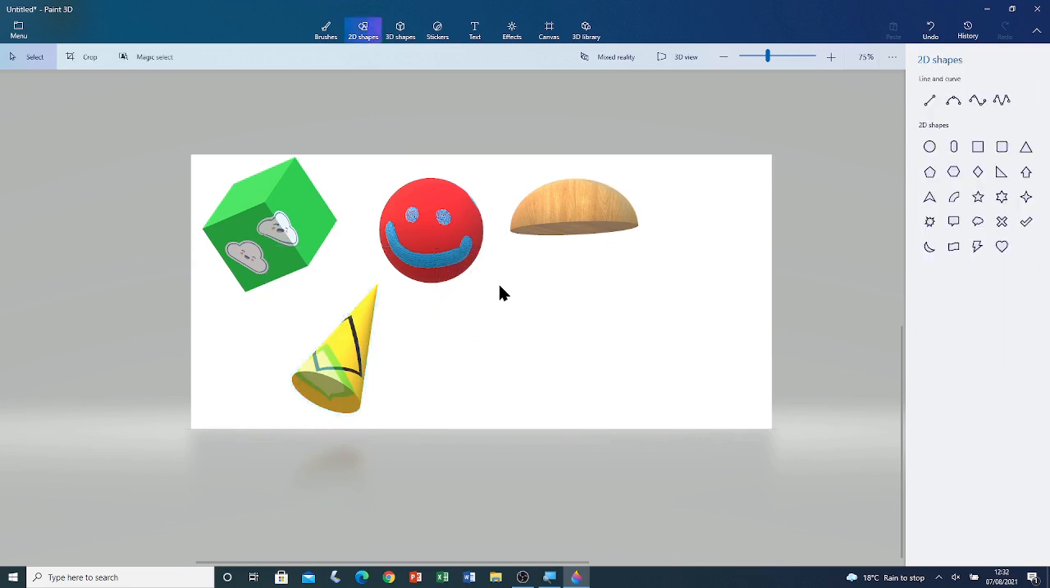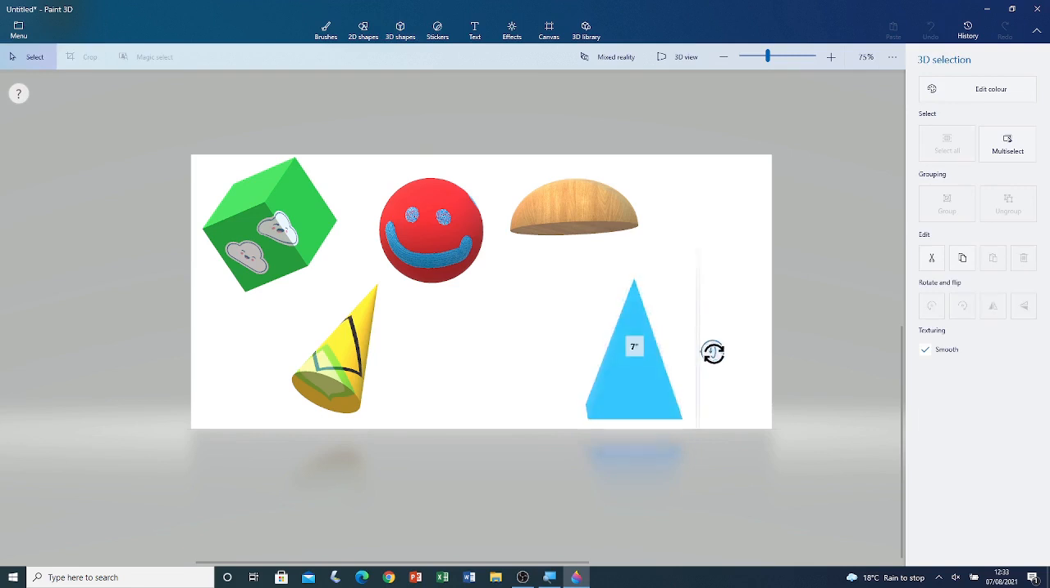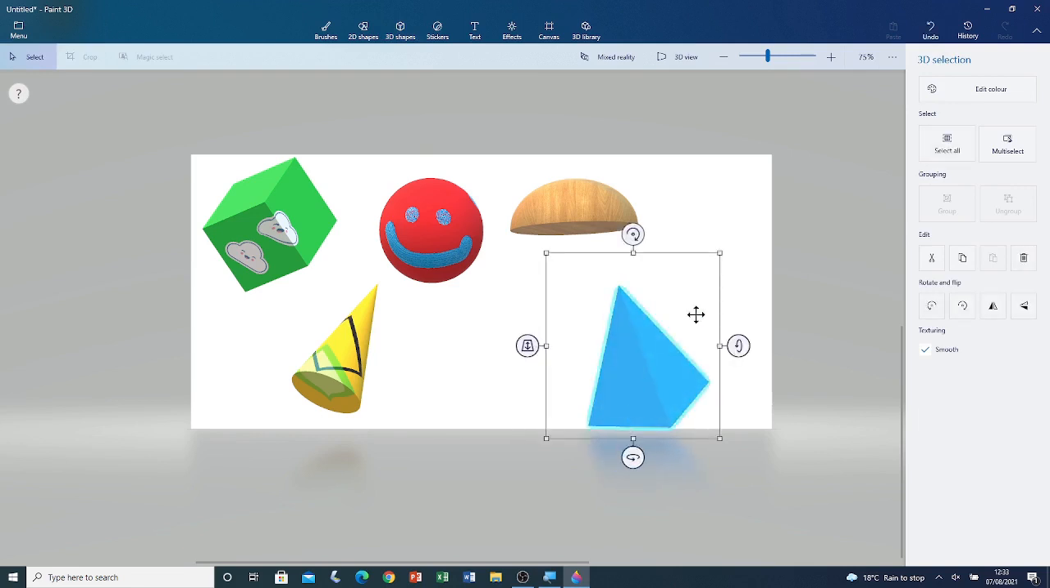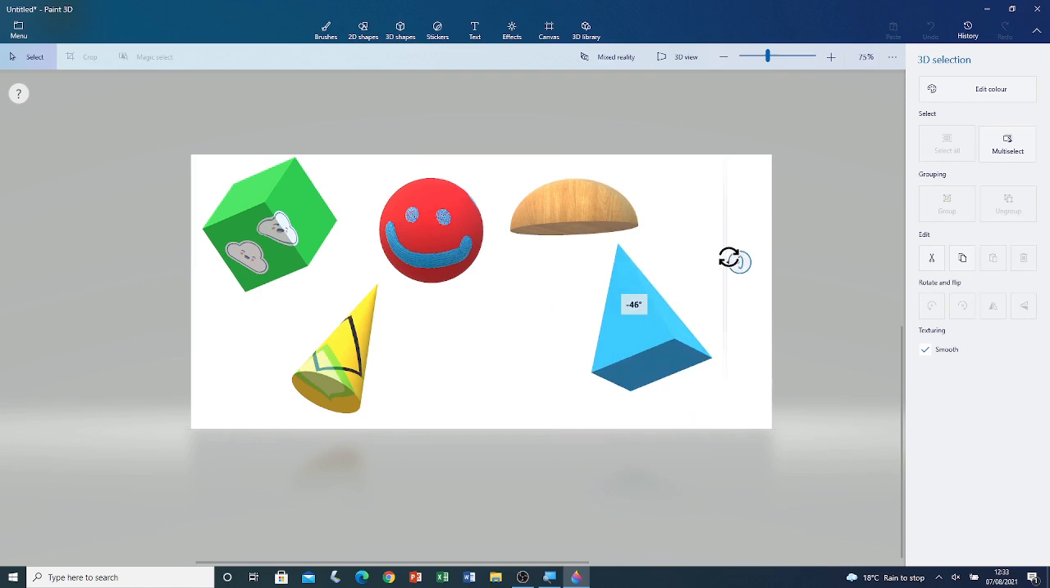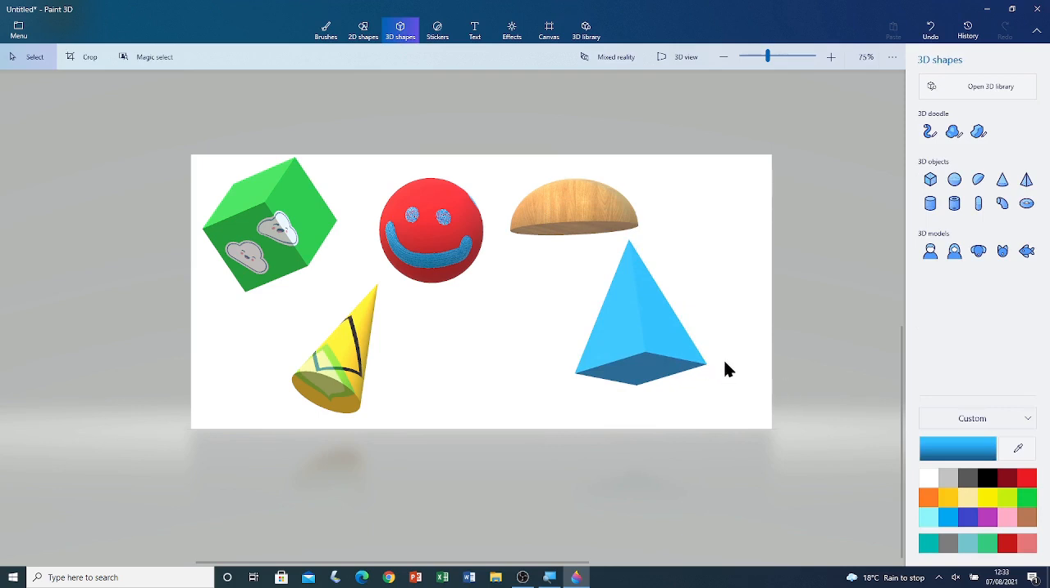Now I'm going to introduce you to the last shape. I'm going to click on 3D Shapes. The last shape is a square-based pyramid. I'm going to click on the square-based pyramid. Now I'm going to left click and drag. I'm going to rotate the pyramid. Currently you can see 3 faces, 1, 2 and 3, but it's hard to see this edge, so I'm going